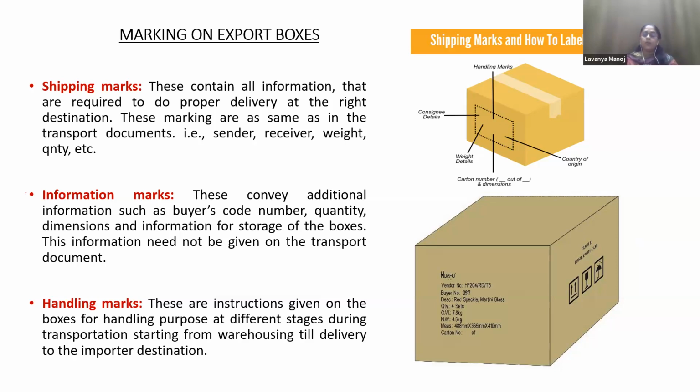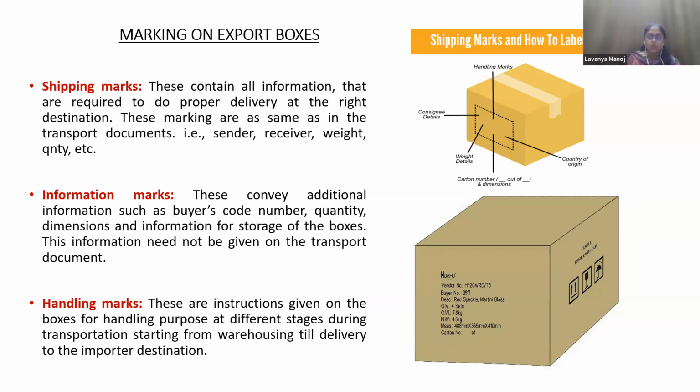Few shipping marks would be printed on the packages. Few marks would be directly on the product as well, but this particular mark is on the cartons or the secondary packages, which can be seen. This is to help the port authorities and the employees handling the packages. It gives them an idea what kind of product this is, who sends the product, who is the sender of the product, where the product has been